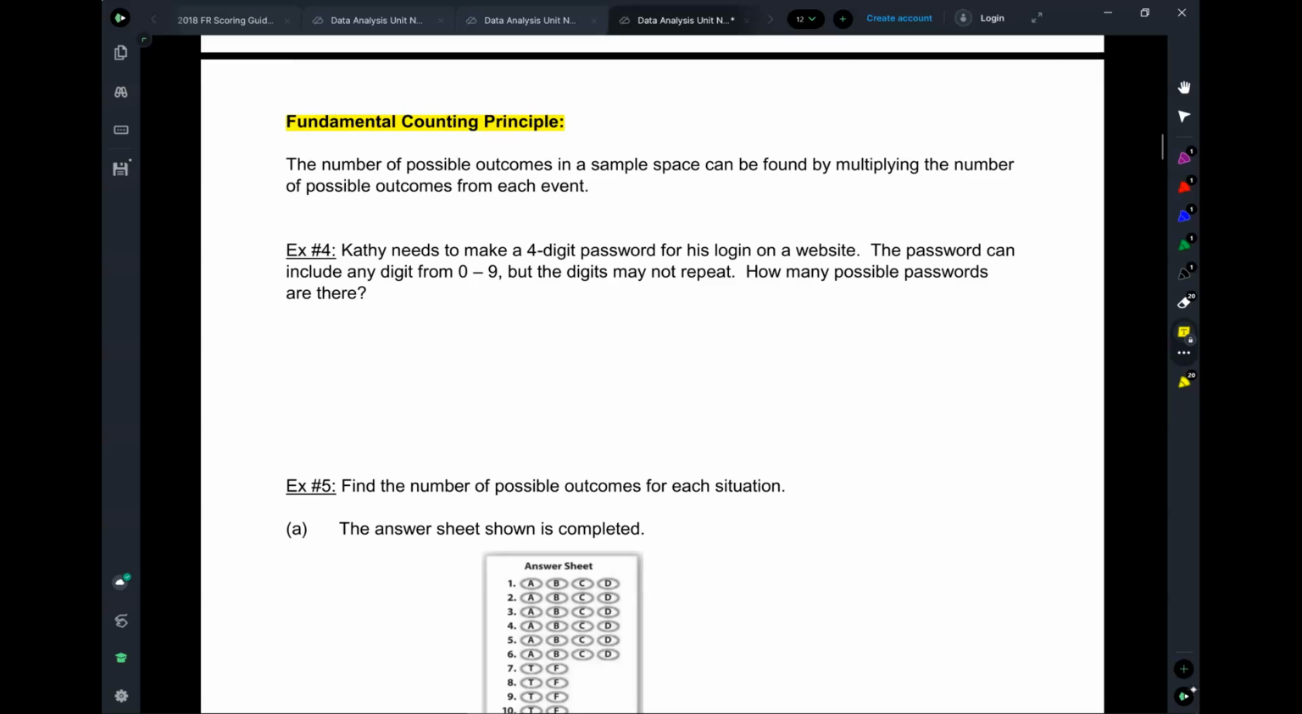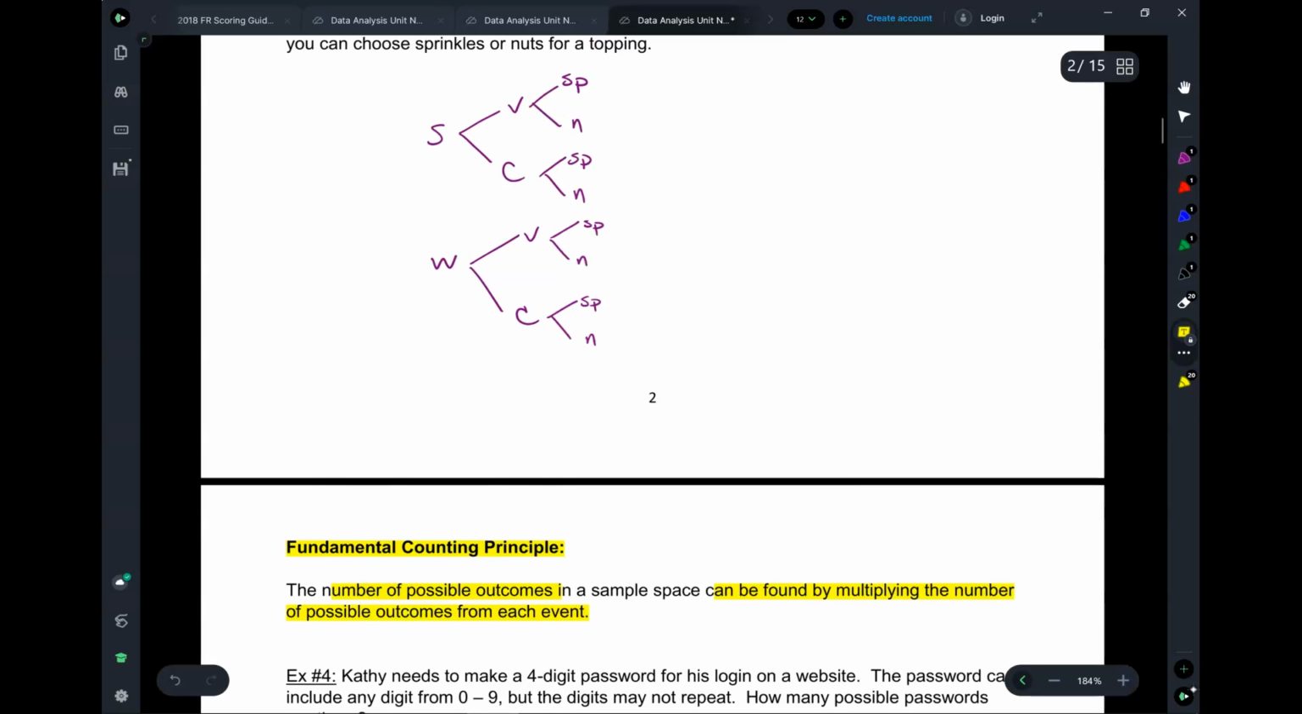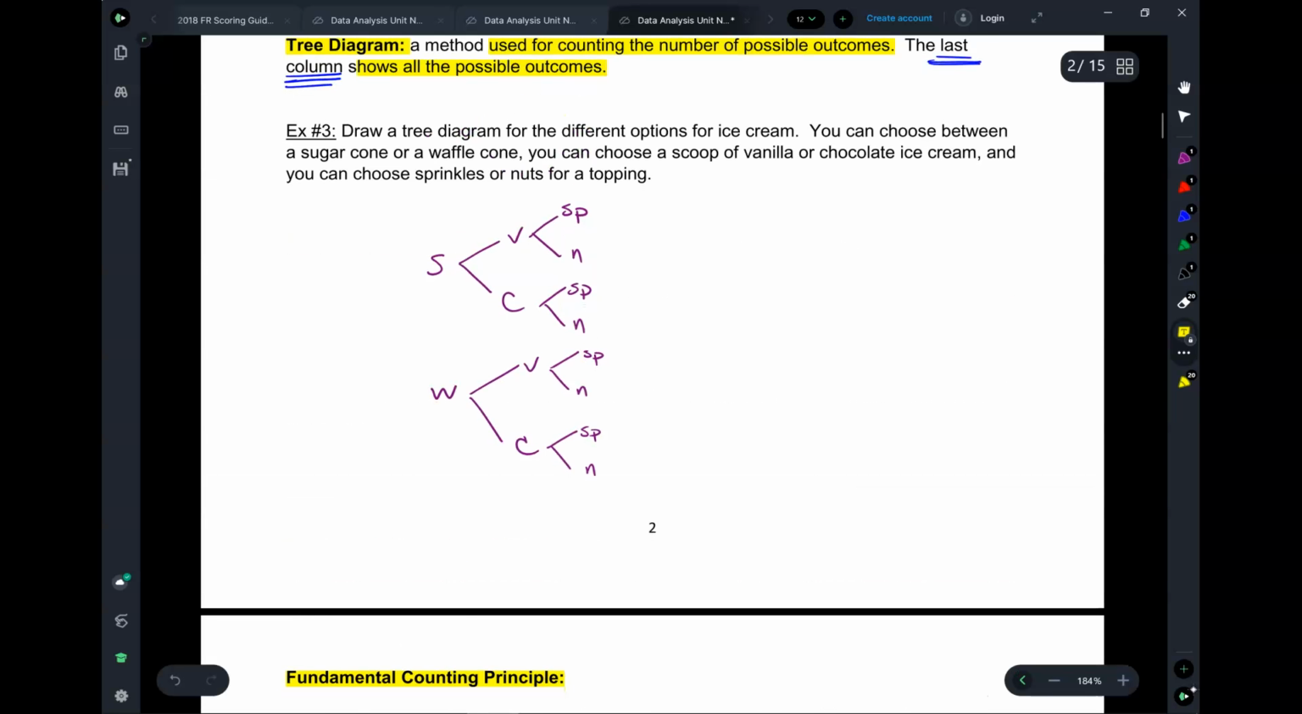So the number of possible outcomes in a sample space can be found by multiplying the number of possible outcomes from each event. Okay? So, let's do one. So, for example, here, in the first event,